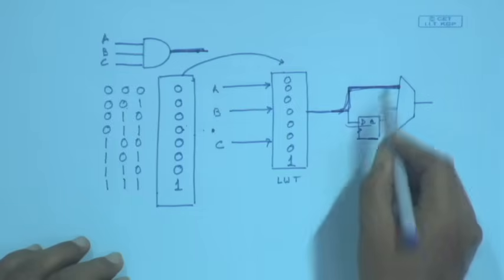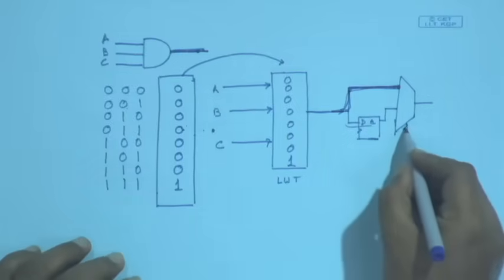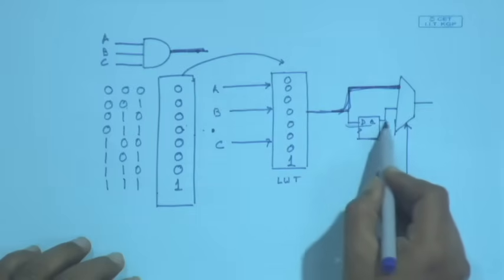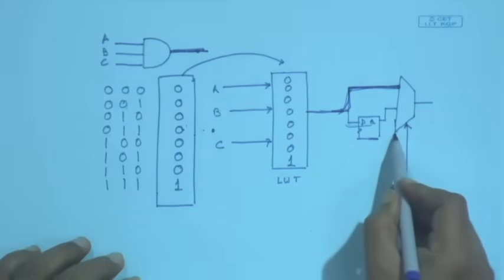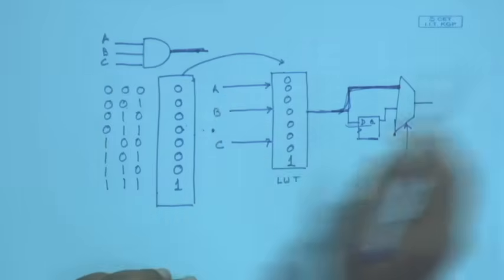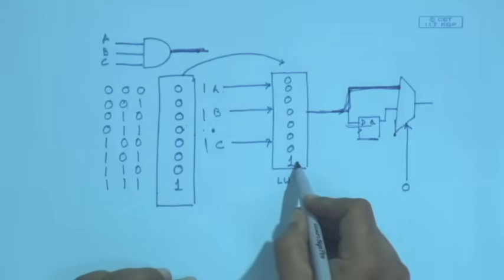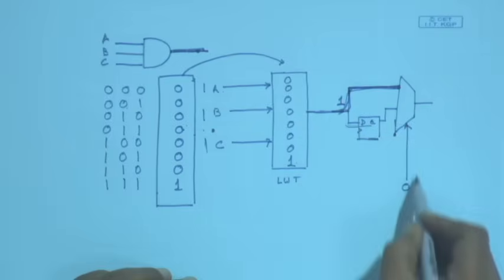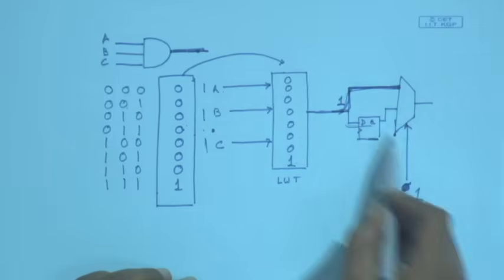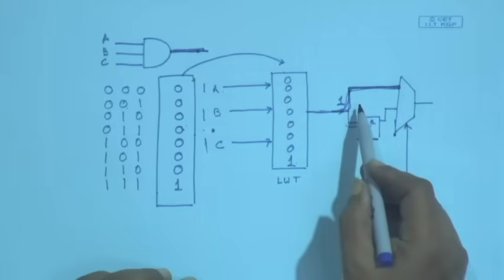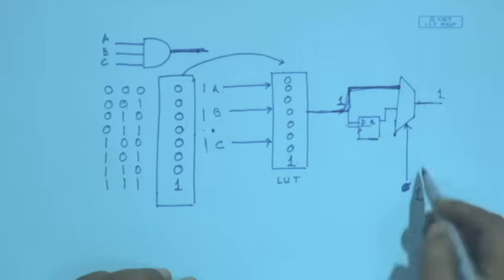In order to select this, what should I feed at the input of the multiplexer? I should feed a 0. Had I given a 1 here, that would have meant that this is being selected, and whenever I gave, for example, 1 1 1, then my output is 1, it has come here 1. But if I make this 1, what will happen? It will be 0 till the next clock, right, but I want it immediately. So, this one I want here immediately, therefore, I make it 0,